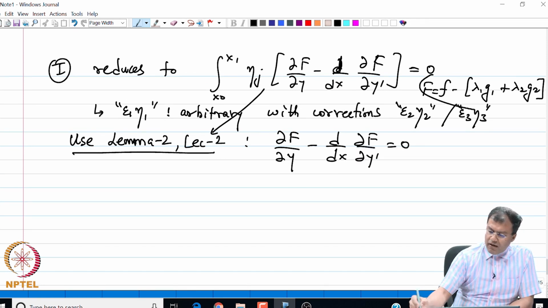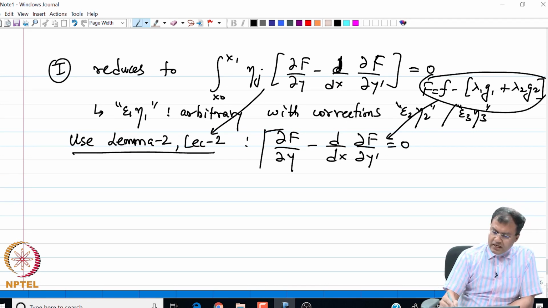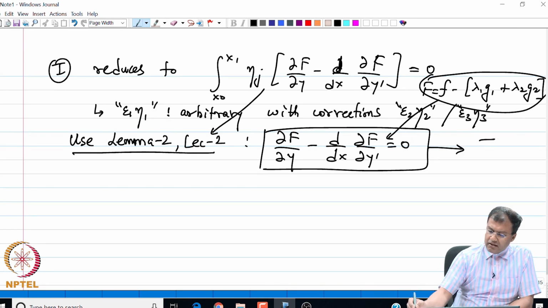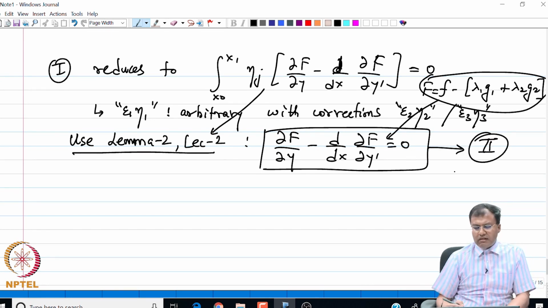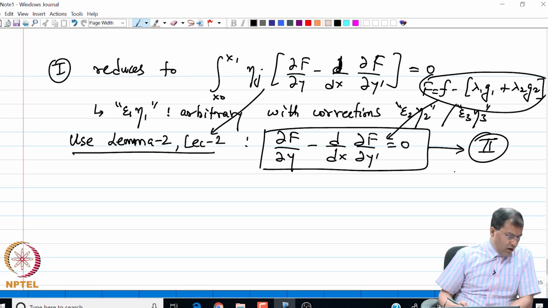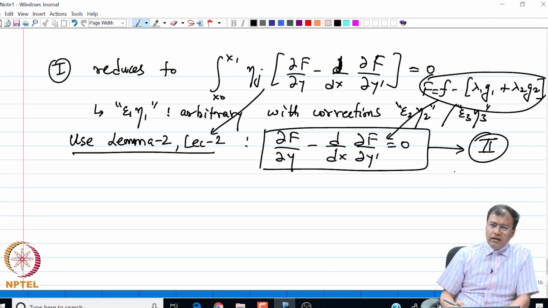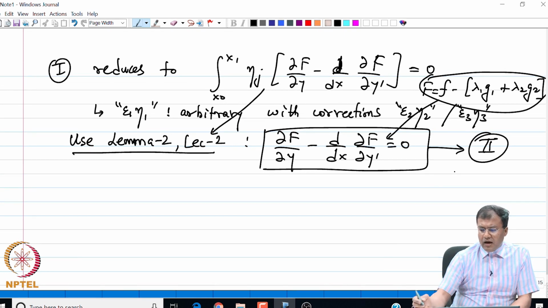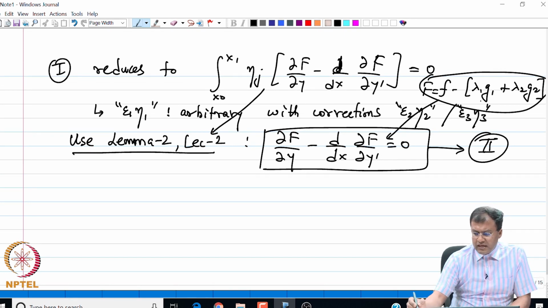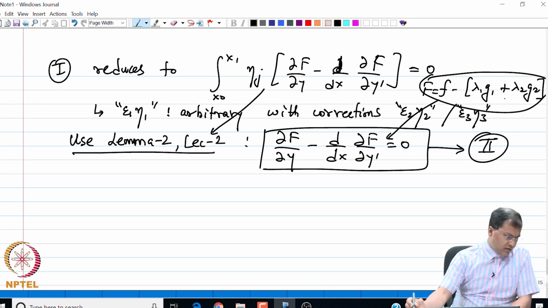Okay, where f is the following, and let me call this condition my condition 2, which is the necessary condition for the extremal. So, that concludes the derivation of the necessary condition, except we need to remark a little bit about the existence of the Lagrange multipliers lambda 1 and lambda 2, under what conditions these constants lambda 1 and lambda 2 exist.